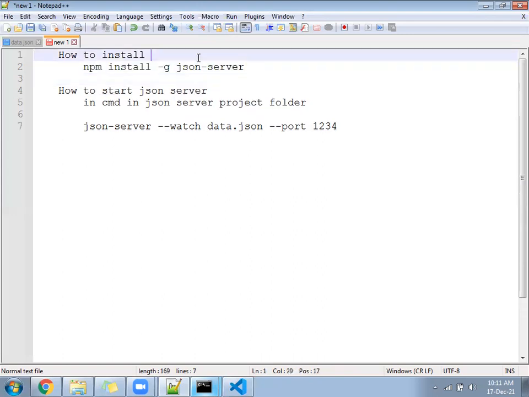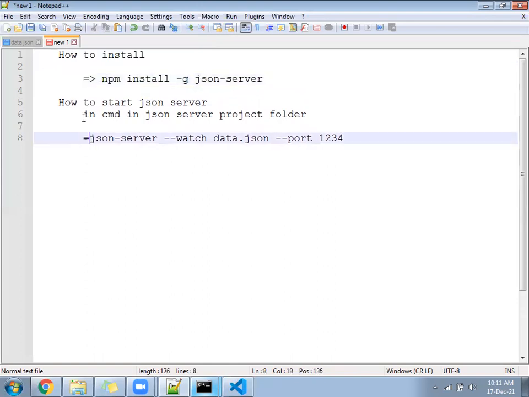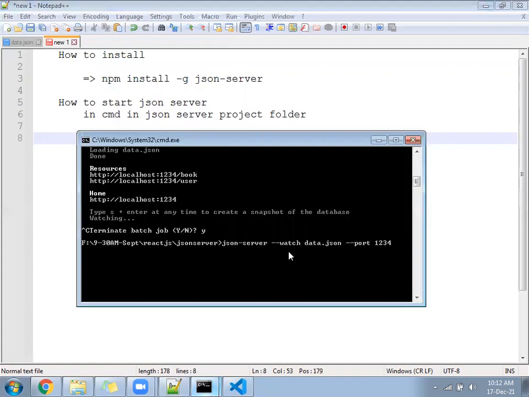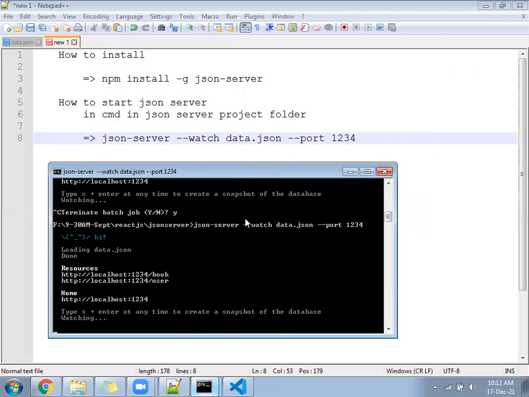This is for installation purpose, and this is for starting purpose. How to start. So we can come here, and again you can start your server. After installation, start the server.